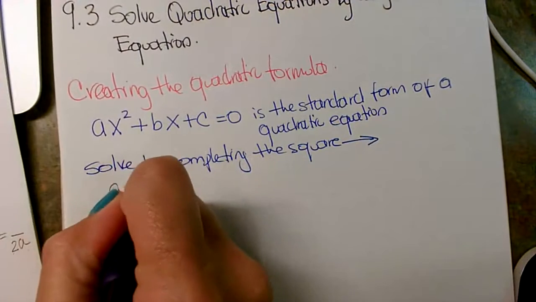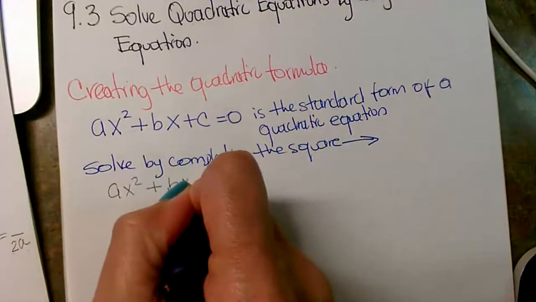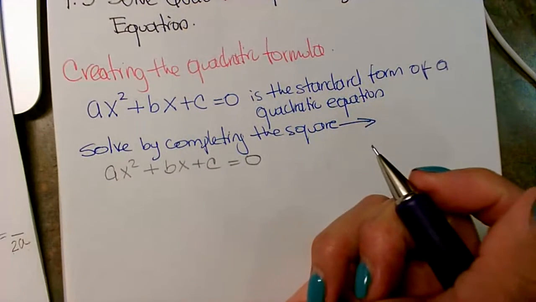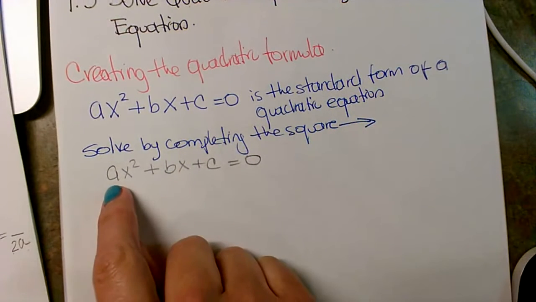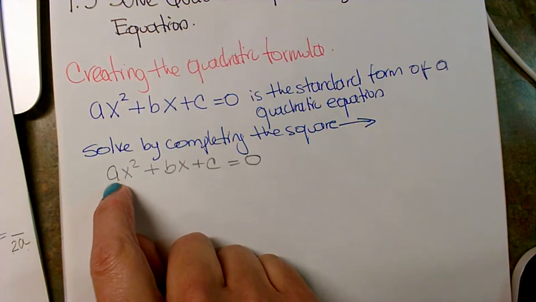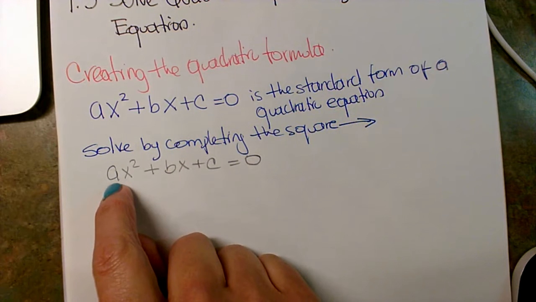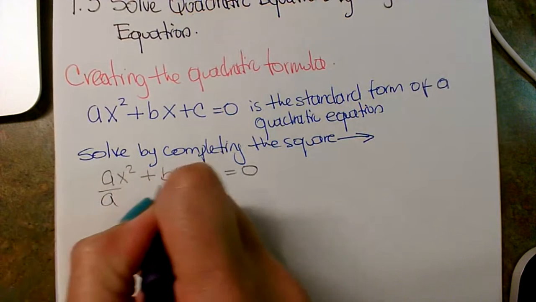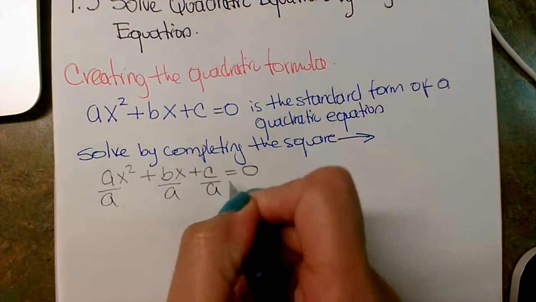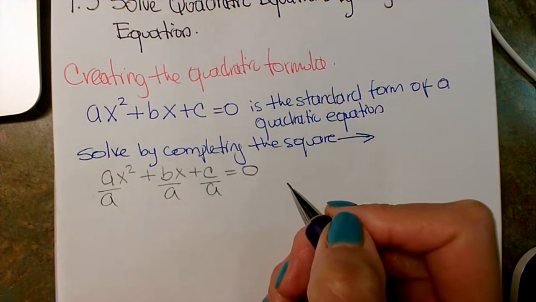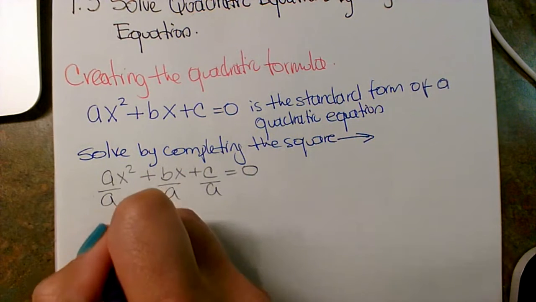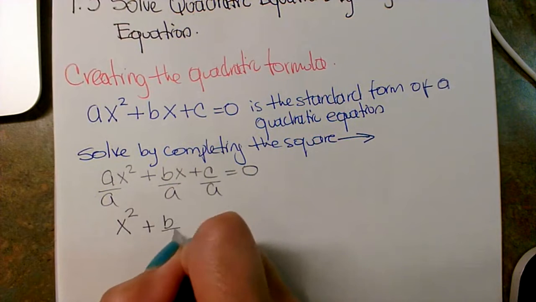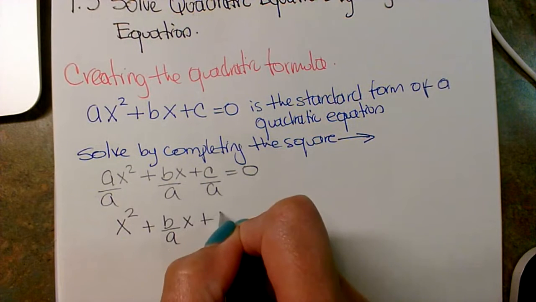So we have ax squared plus bx plus c. We need to start with a 1 here. Remember that part? That it needed to be 1? Okay, so we are going to divide by a on both sides. So what do I get on this one? x squared by itself, plus b over a x,